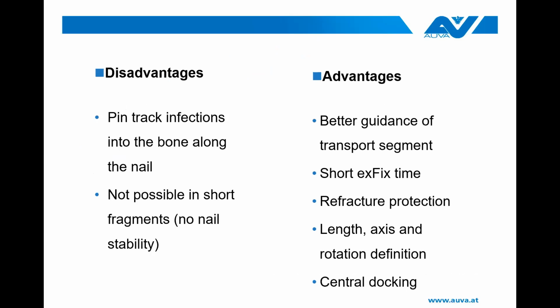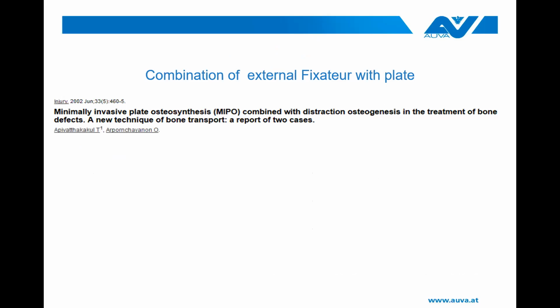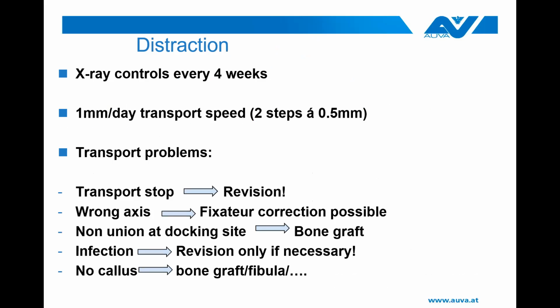And there are as well disadvantages and advantages, especially you have a central docking as a big advantage. And you can combine an X-fix with a plate. This is a very smart thing because you can remove the X-fix after your distance of transport is achieved,